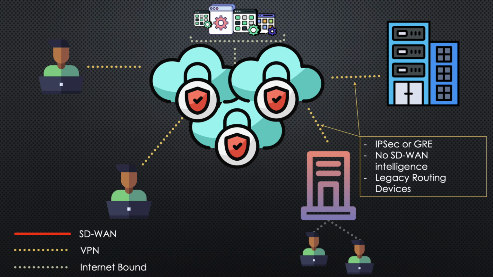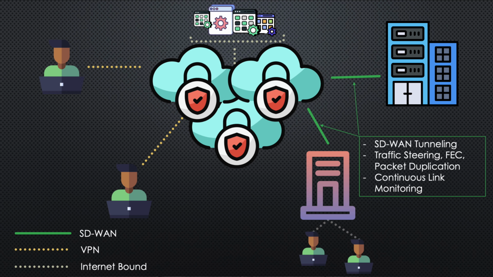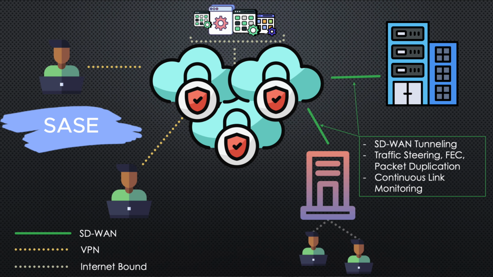So when you look at platforms like Zscaler and you're connecting into Zscaler using a GRE tunnel or an IPsec tunnel, that would be a traditional SSE deployment. And then when you look at full-blown SASE, that would be like a Versa network, Cicado networks, where you would have integrated SD-WAN for your branch offices to then connect into your SASE fabric.